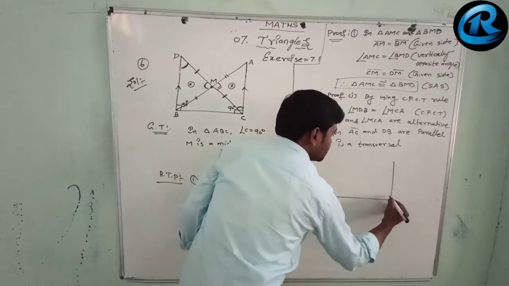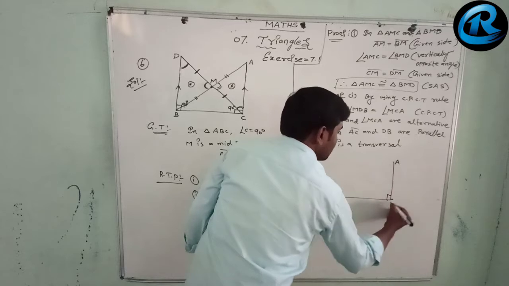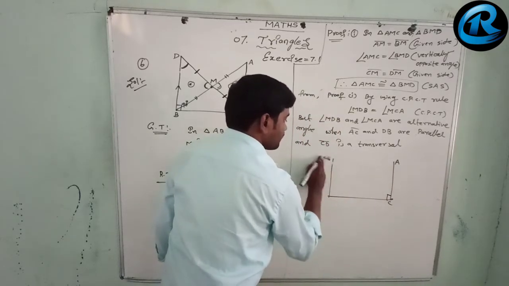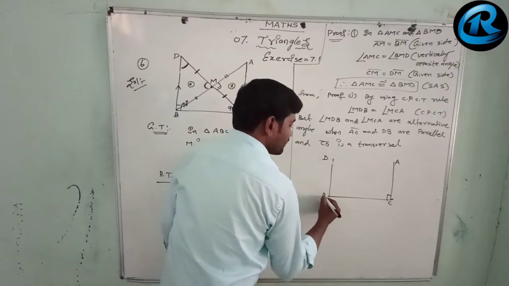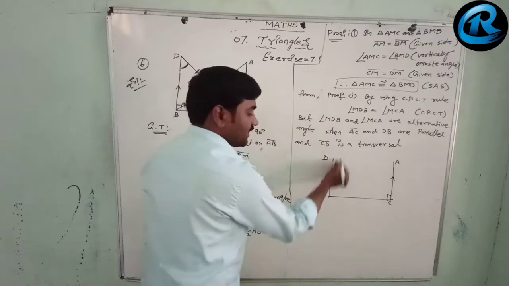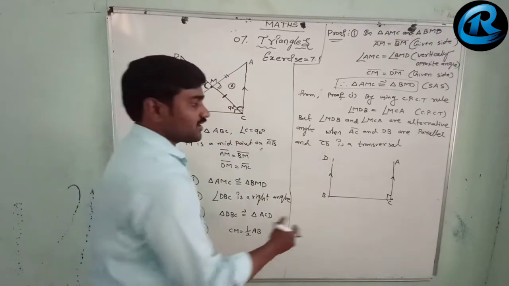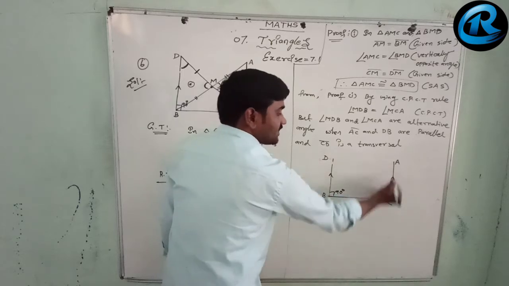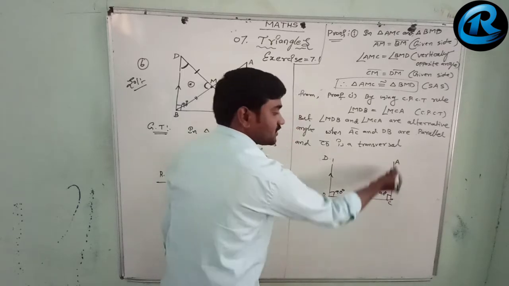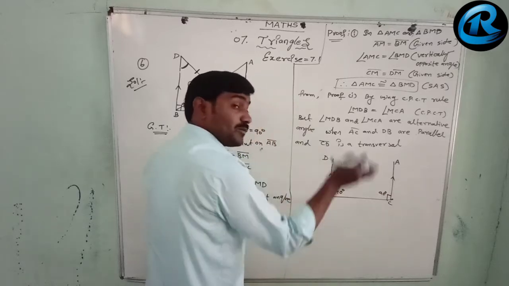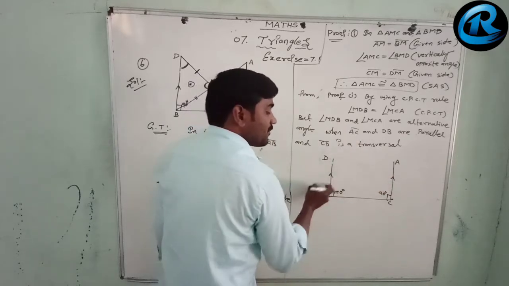Okay. So when they are parallel, suppose I will explain you. This is AC, a parallel. So here there is BD, D and B. So these two are parallel. When AC is a perpendicular, then DB should also be perpendicular. Then only they will be parallel. AC is 90 degrees only. AC is a perpendicular on BC. Then DB should also be perpendicular. Then only this will be parallel.